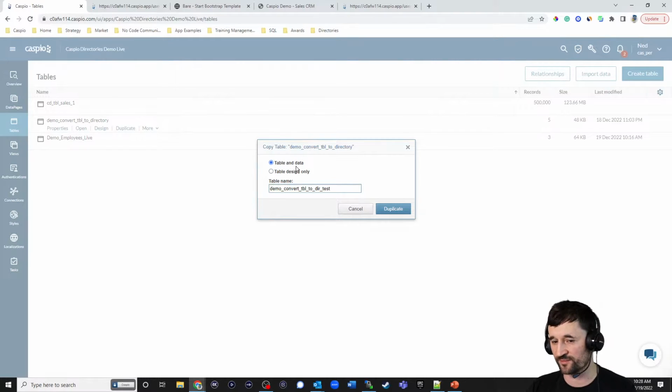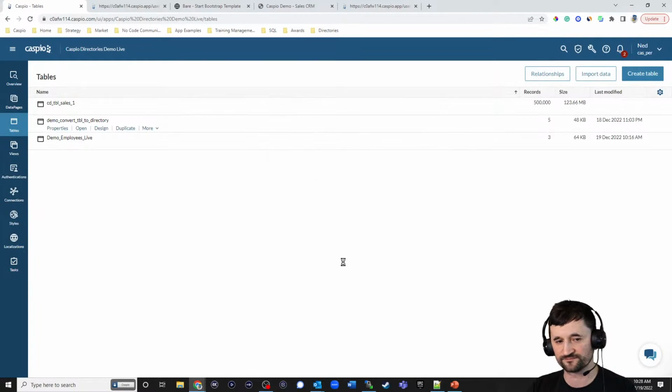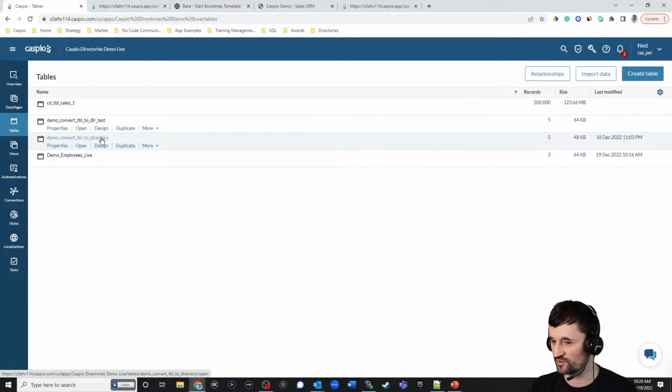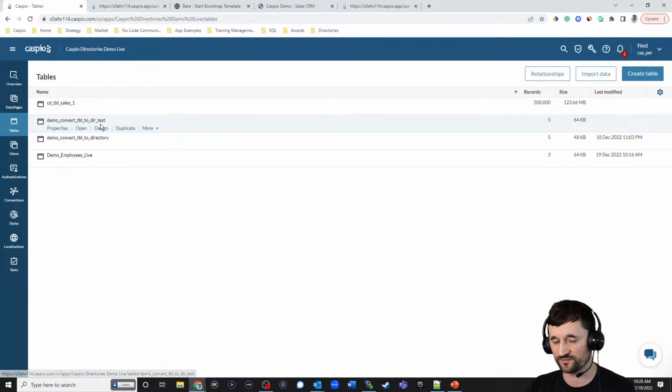So let's say we have table and data. We're going to duplicate, make a copy of it. So here is the copy of my main user table. Now I recommend that you create your directory based on the copied table so that you don't affect your existing application and you don't make some detrimental changes that's going to affect the way your current application functions. So once you make a copy of your table, then inside directories,